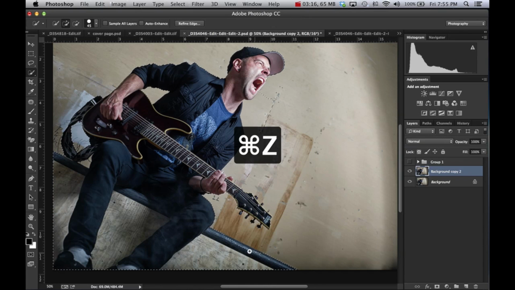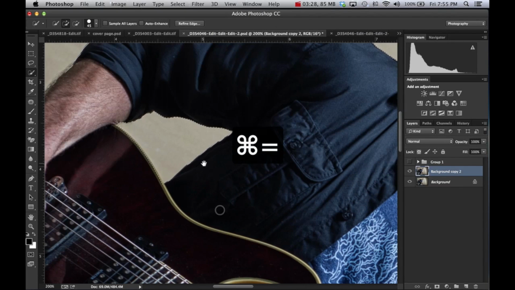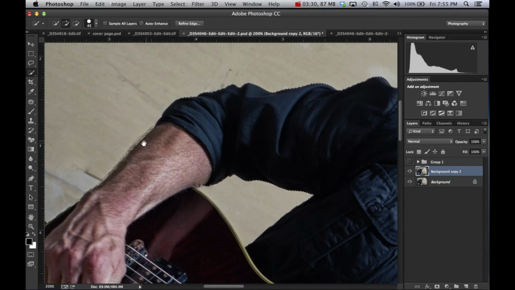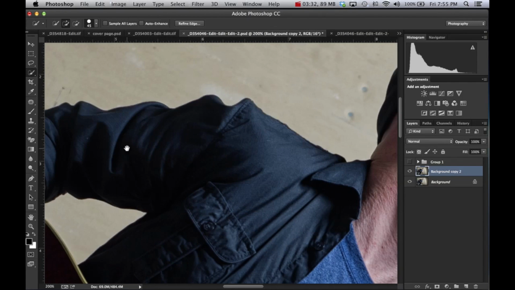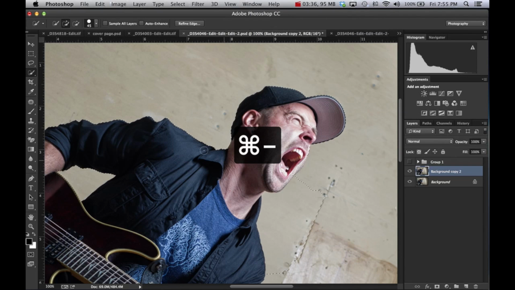Command Z is your favorite. If we could have that in life, it would be fantastic. And you want to get a general outline. I'm going to show you a trick here. Let's just say, okay, after you've done a general outline with the wand tool, which is pretty good, especially if you've got a high contrasted,